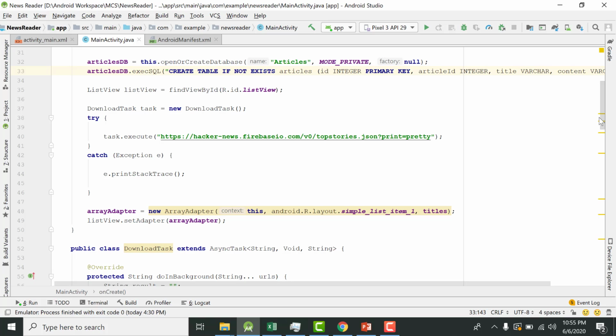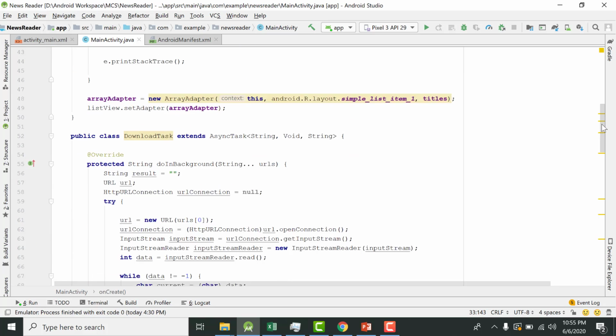We are going to fetch the data with this URL, and then after that we are going to parse our data, that is getting only the title and the URL. But really, after getting all this information, we want to save it in our database. So for that, I'll go down,